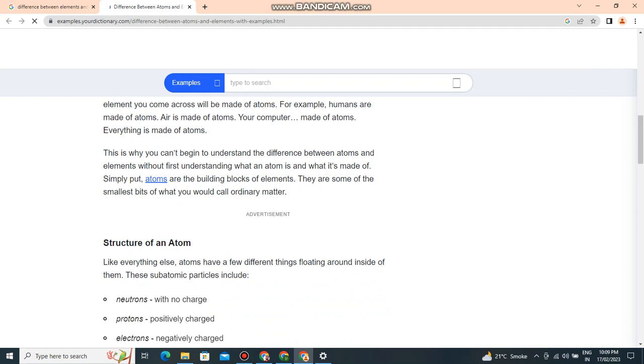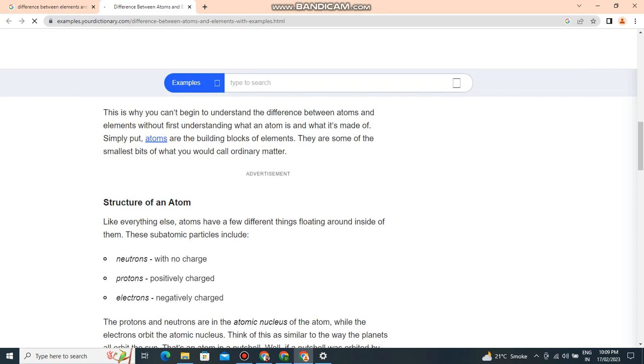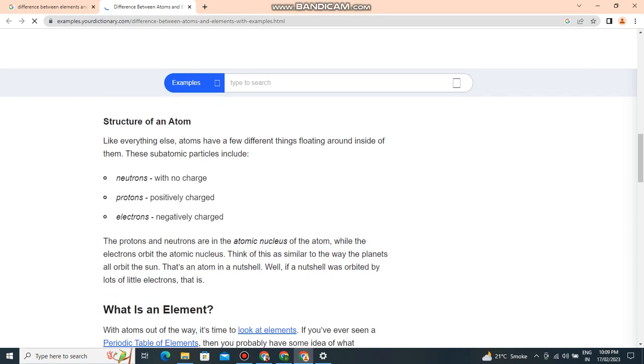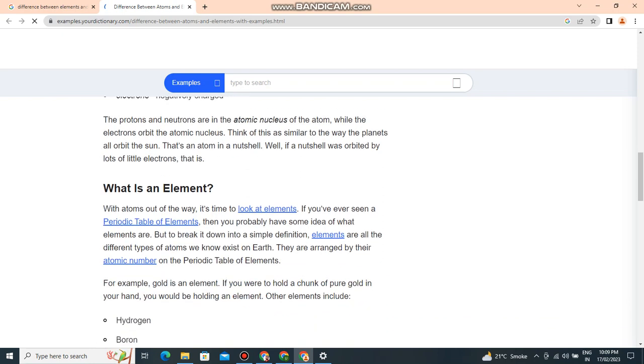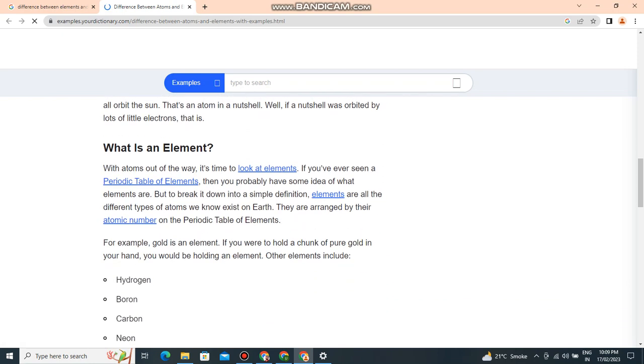This is why you cannot begin to understand the difference between atoms and elements without first understanding what an atom is and what it is made of. Simply put, atoms are the building blocks of elements. They are some of the smallest bits of what you would call ordinary matter. Structure of an atom: like everything else, atoms have a few different things floating around inside of them. These subatomic particles include